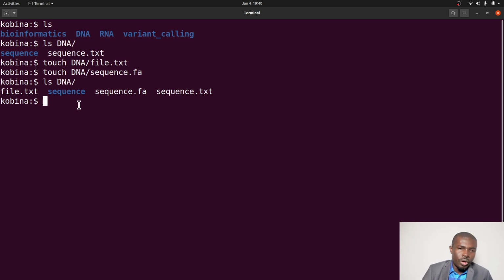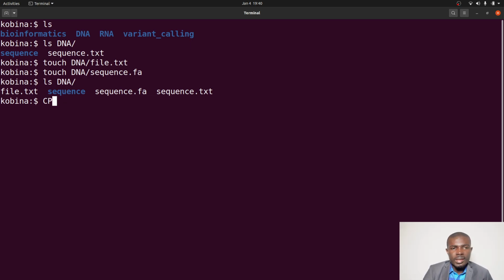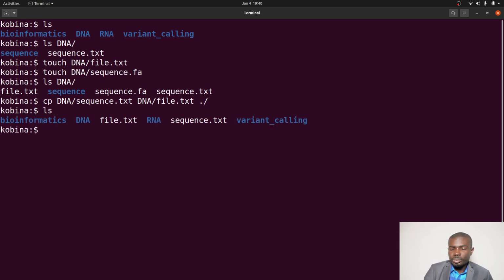Now let's say I want to copy just this and this. Of course, you can do it this way. You can say cp dna/sequence.txt dna/file.txt, and then you specify the destination. Let's say ./ to copy to our current directory. That is possible. But if, let's say, you have hundreds of files, then this is where some tricks